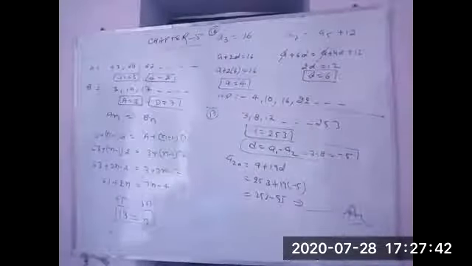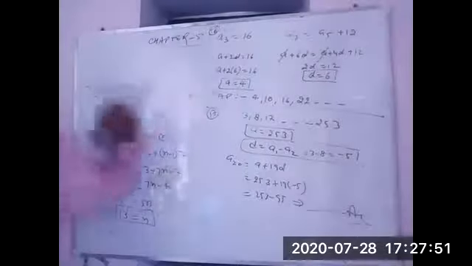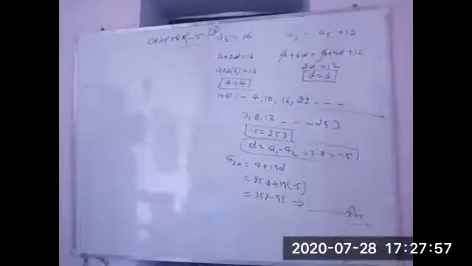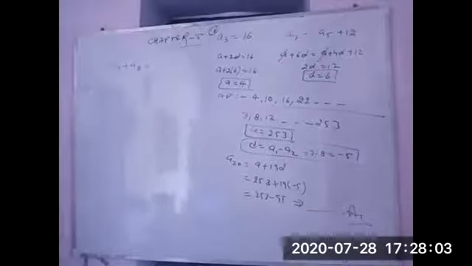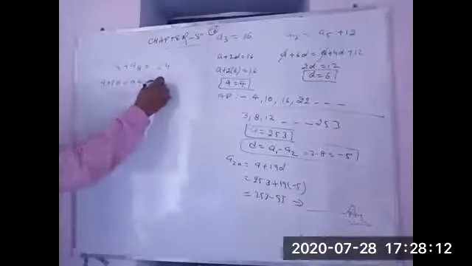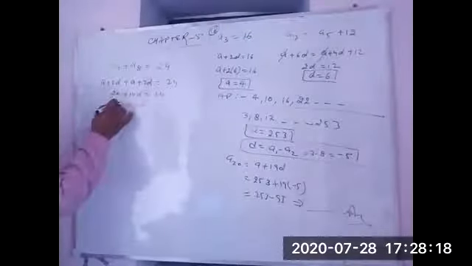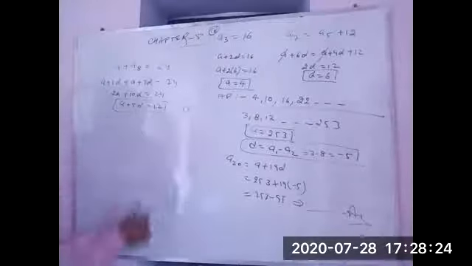Now, what is there in question number 18? The sum of fourth and eighth term is 24. Now I am reading it. The sum of the fourth and eighth term, a4 and a8, is given as 24. a plus 3d, a plus 7d, 24. 2a plus 10d equal to 24. Take 2 common from all sides and cancel it. a plus 5d equal to 12. Equation number 1.